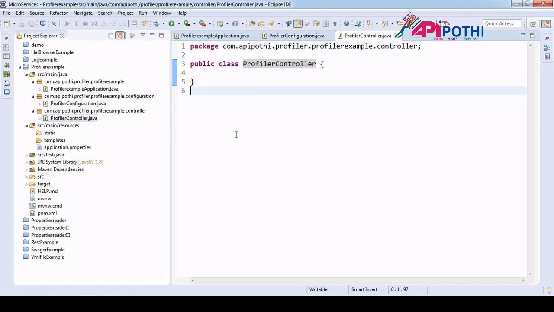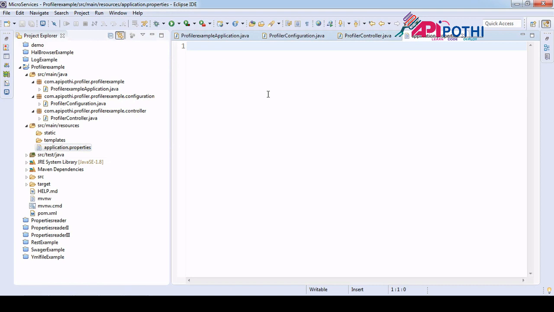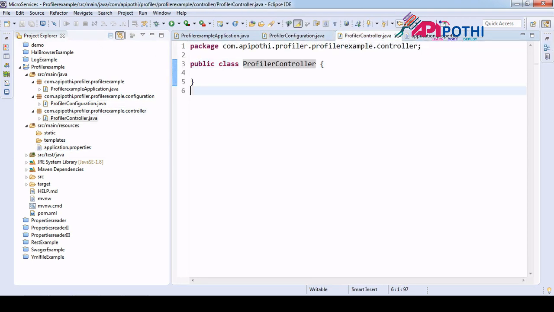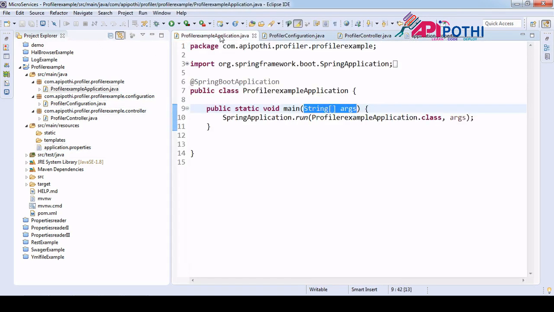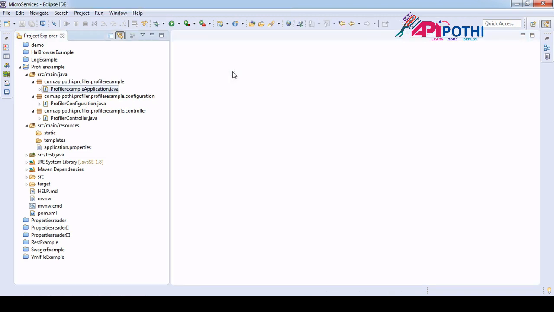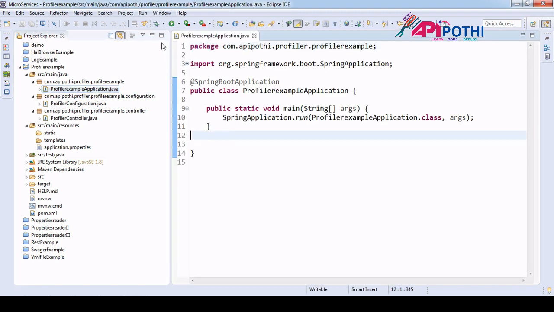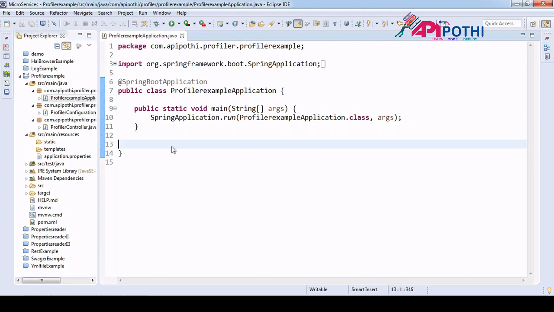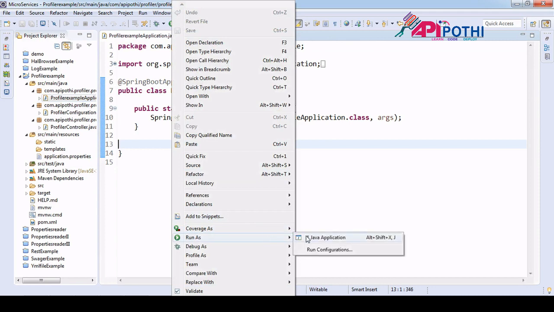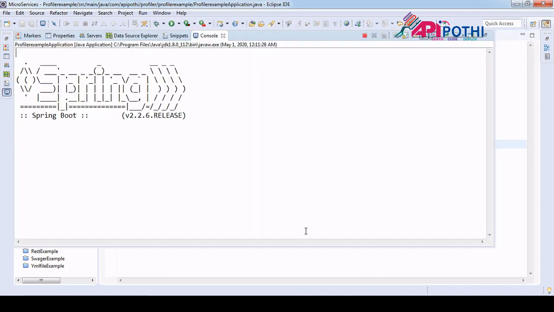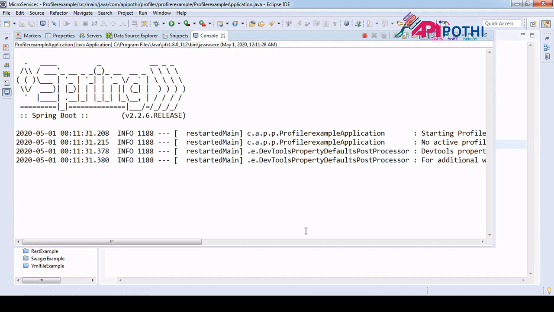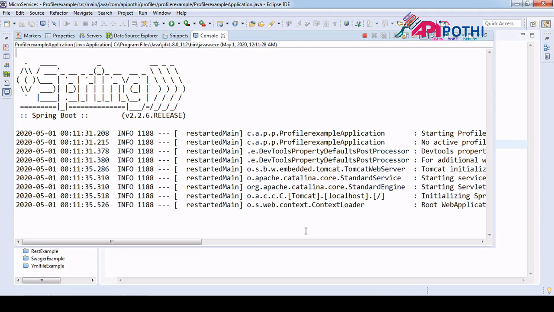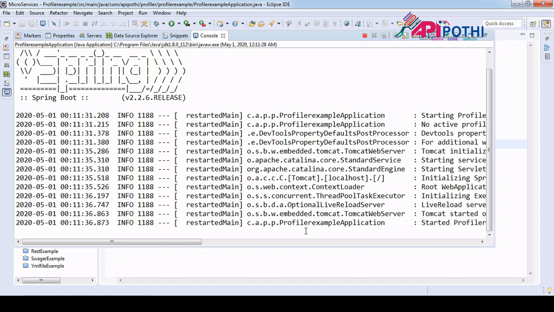We are going to write it later, and we will have the default application.properties file. Apart from that, we don't have any extra file, and neither do we have any extra code anywhere. These are all by default created code. So now we are going to understand what the profile is. This is the plain default template created by Spring Starter. If you run this Java application, whatever default configuration is set by Spring Boot, from there only it will run.